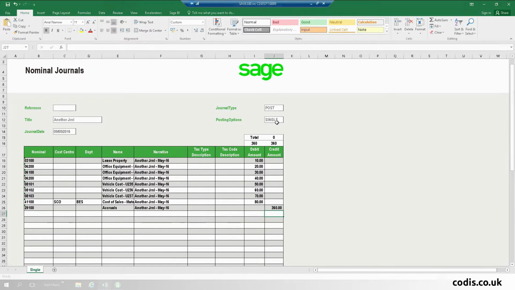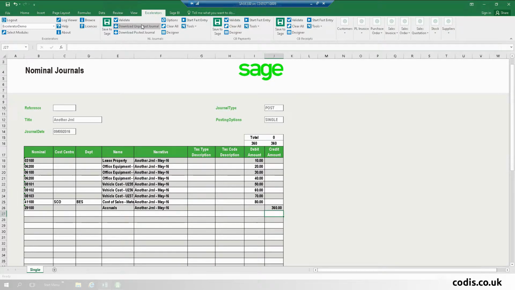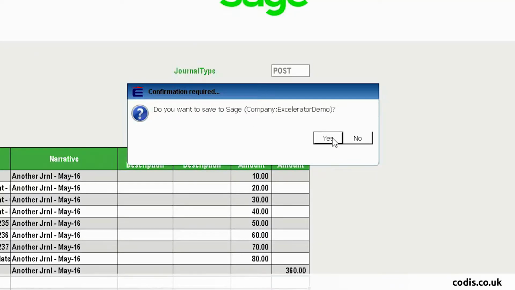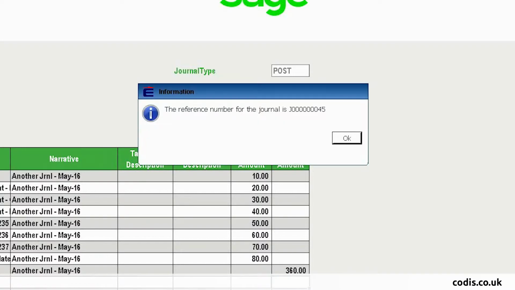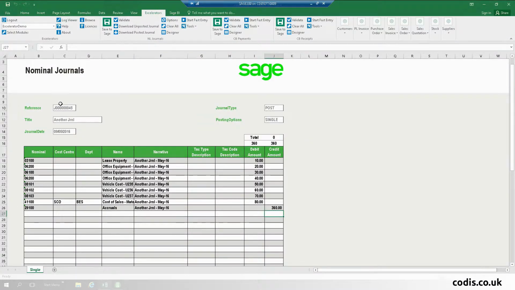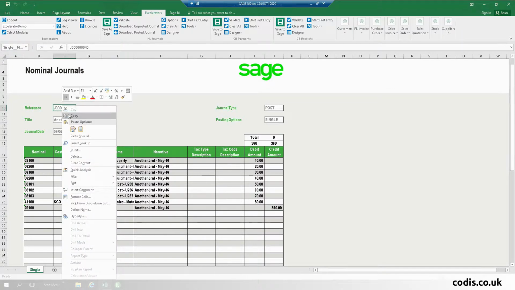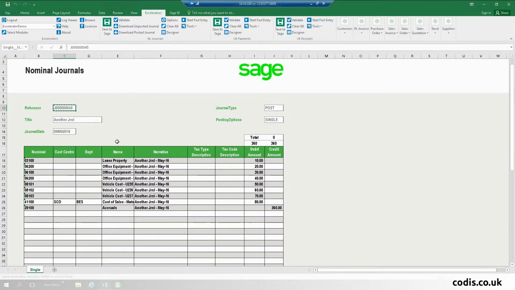Okay, on this occasion I'm doing a post journal, and because I'm doing a post journal, when I go back to my Accelerator ribbon and go to the NL Journal panel and click on Save to Sage, this time I'm posting a journal and it assigns a journal number, whereas the last time it was a held journal. This time it's a post journal and it assigns a journal number and saves it onto the spreadsheet for me. So if I go back to the actual spreadsheet, I can copy the journal number back into my Sage 200,